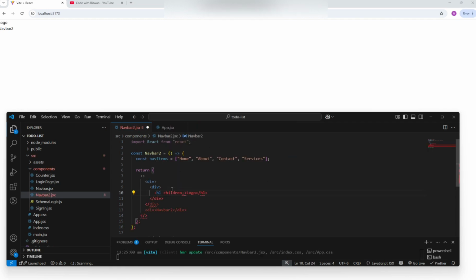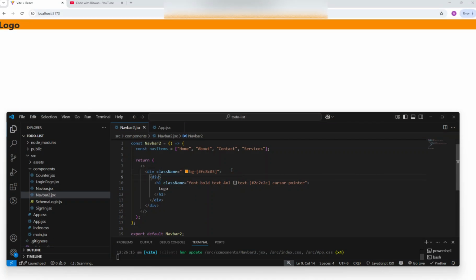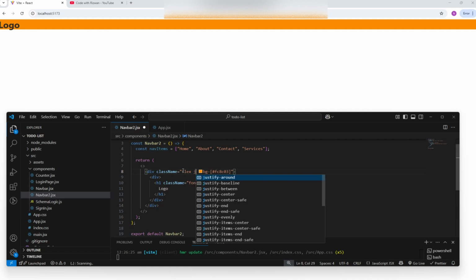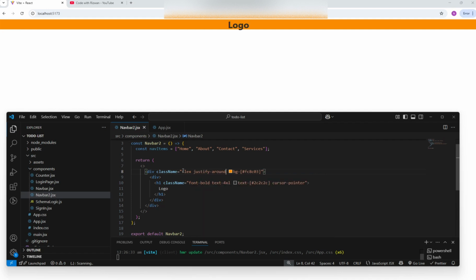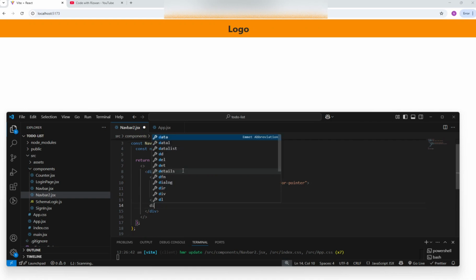So now quickly doing so. Now adding flex to display items in a row, then justify-around to get equal space around the items, and giving padding to the logo and to the background of this.